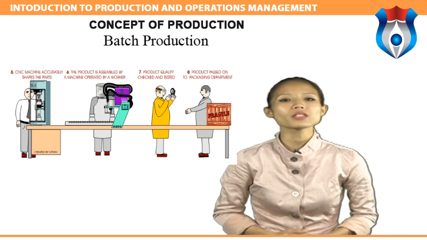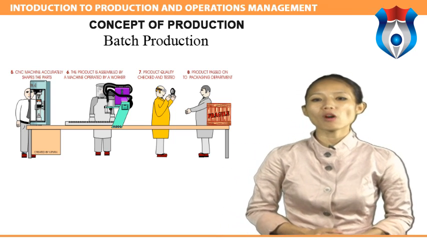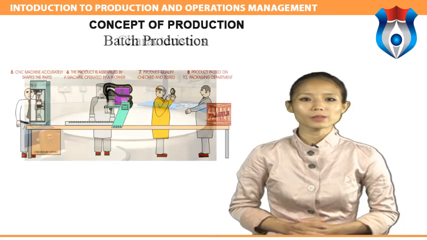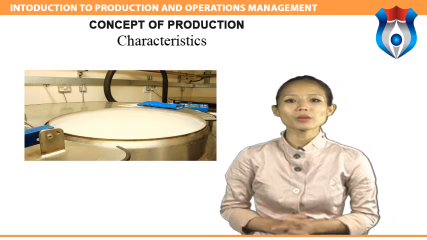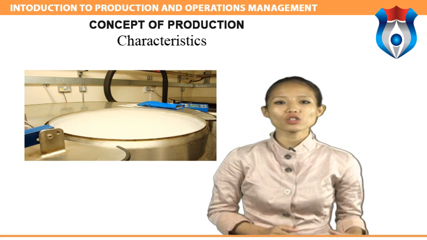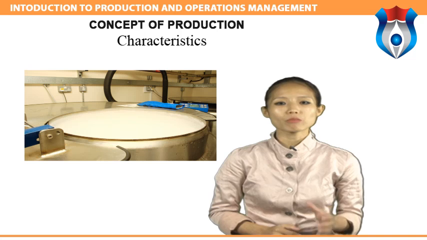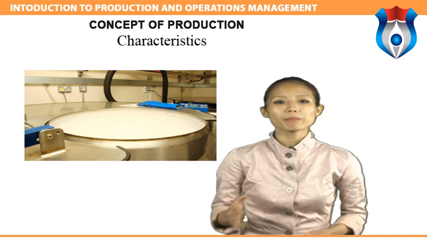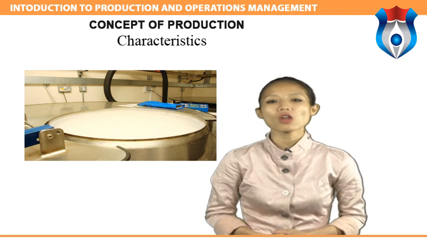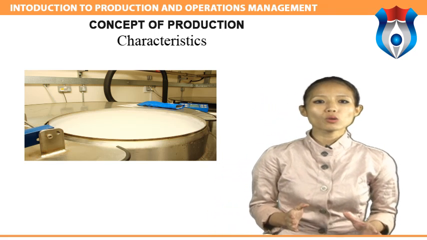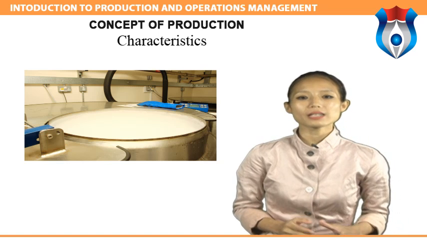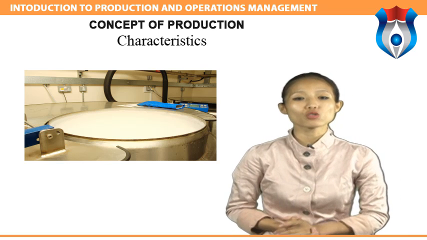It is characterized by the manufacture of a limited number of products produced at regular intervals and stock awaiting sales. Batch production system is used under the following circumstances: when there are shorter production runs, when plant and machinery are flexible, when plant and machinery setup is used for the production of items in a batch and change of setup is required for processing the next batch, when manufacturing lead time and costs are lower as compared to job order